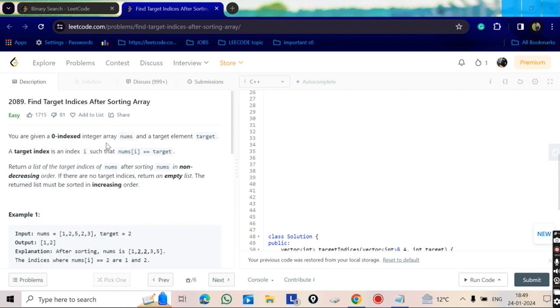You are given a zero-indexed array nums and a target element target. A target index is an index i such that nums[i] equals target. Return the list of target indices of nums after sorting nums in non-decreasing order. If there are no target indices, return an empty list. The returned list must be sorted in increasing order. So